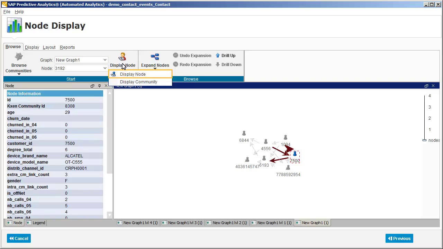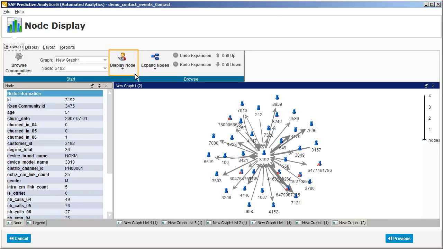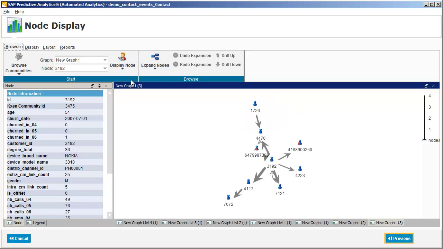First, we'll display all of the links for the customer. Note that the customers with a red X are those for which the descriptive attributes dataset doesn't have any information. Now we'll view the level 1 community of the customer. Now we see only the other customers that are part of the customer's community at level 1. We can select a customer and drill up to view the community details if desired.